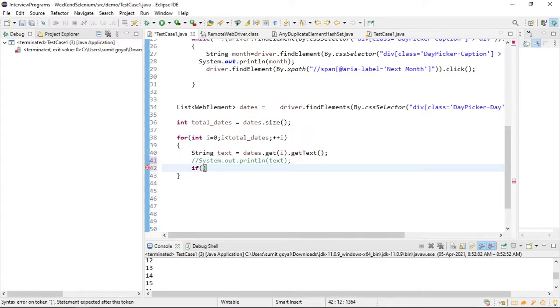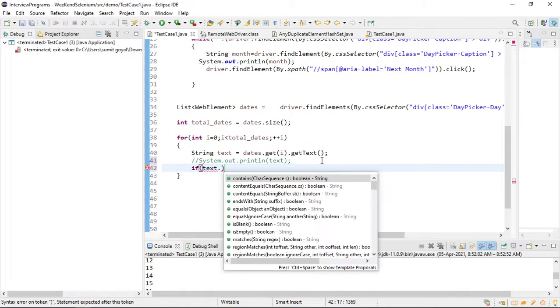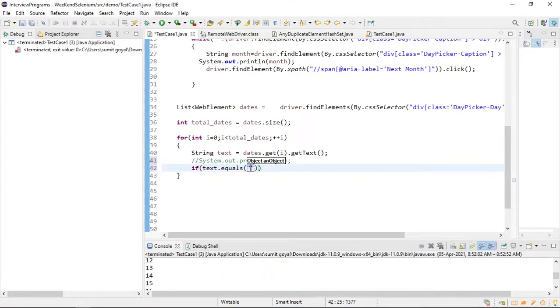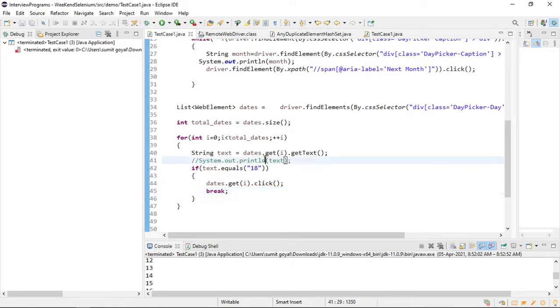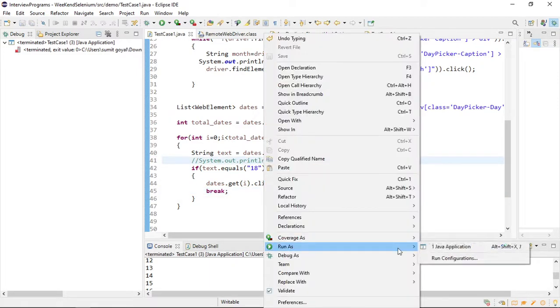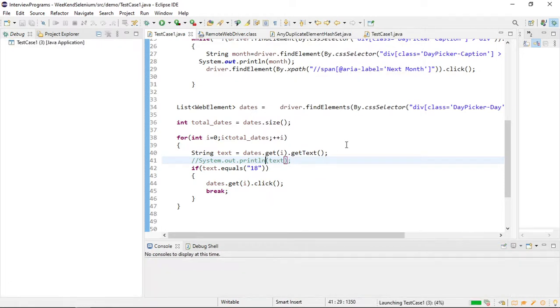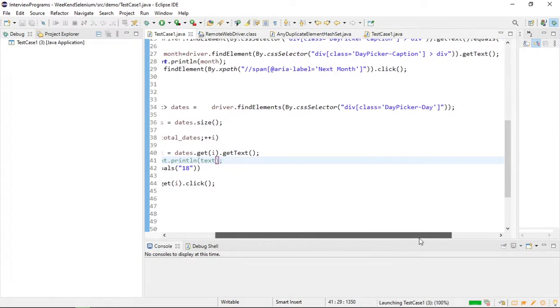If the text which has the date equals 18, then I will say dates dot get of i dot click. After that I will come out of the for loop with a break statement, because I do not want to waste my for loop right after my task is done.